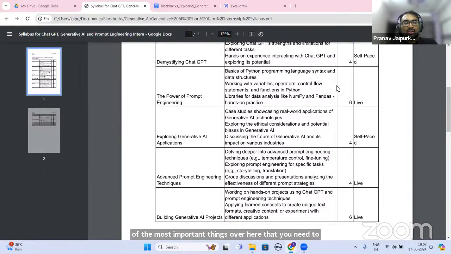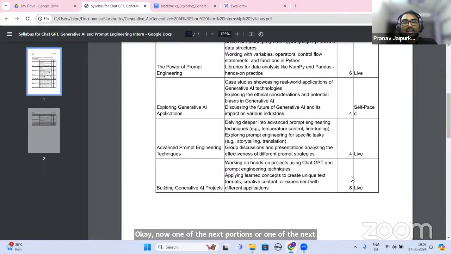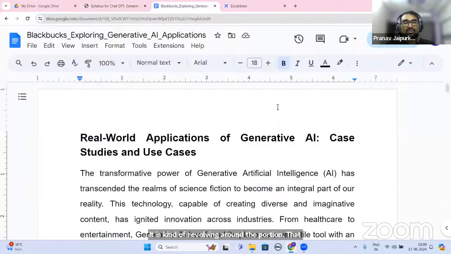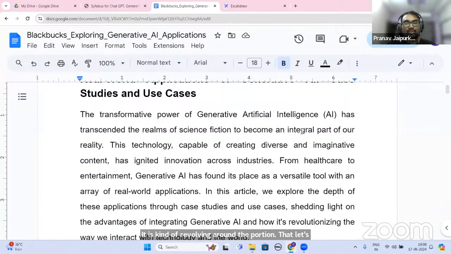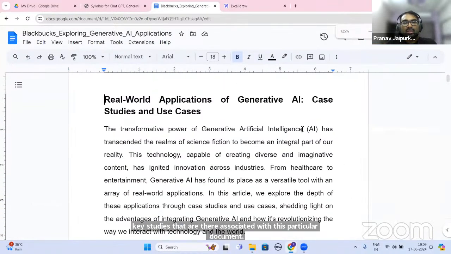Okay, now the next part that you need to understand: let's move ahead with this document and see what the case studies are that are associated with it.